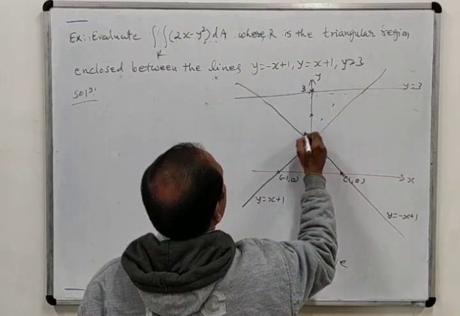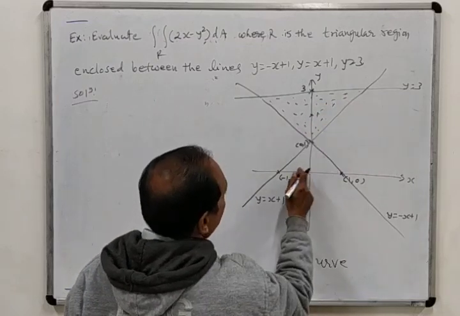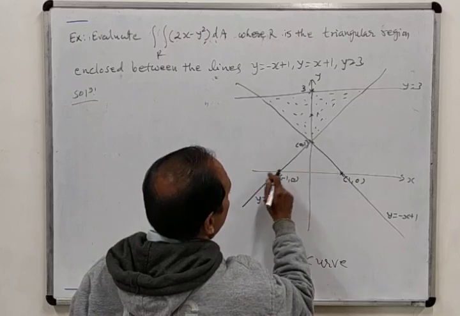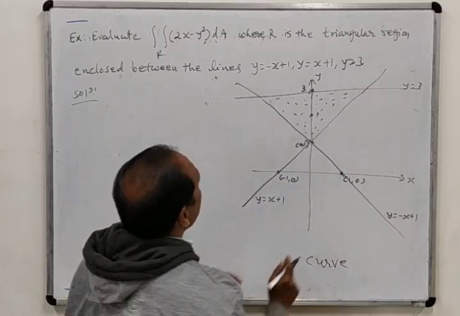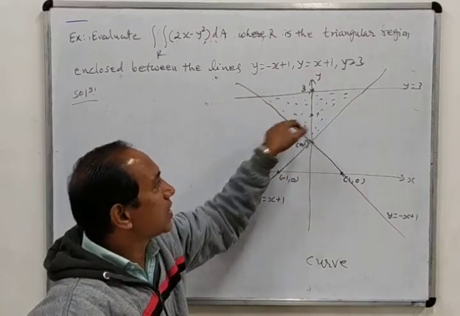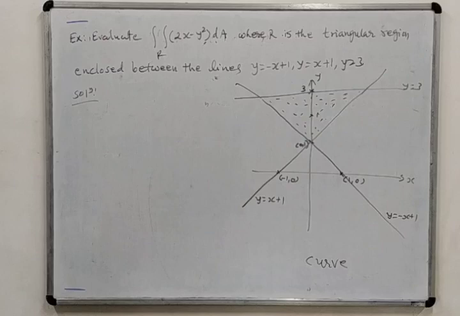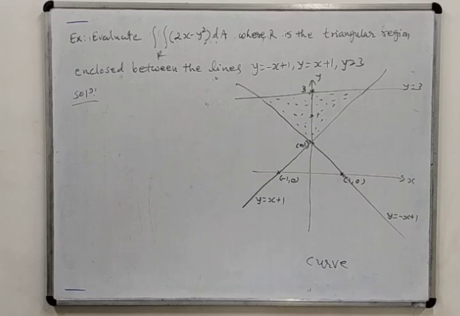So the bounded region is this one. This is the whole region, and it is the triangular region. You can see that this is just like a bounded region, but one boundary is the x-axis, and we are not given the x-axis as a boundary, so we will not consider this one. This is the open part. So the closed region is this one only. Okay. Now the figure has been drawn. Now we want to determine the limits of integration. And as I am telling you repeatedly, it depends upon us whether we want to integrate first with respect to x or first with respect to y.